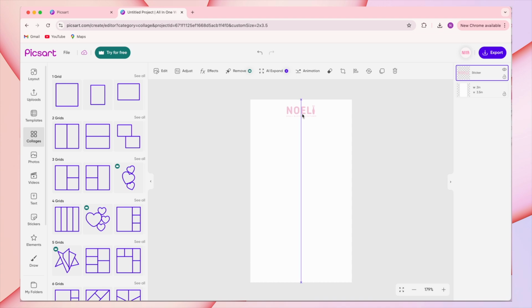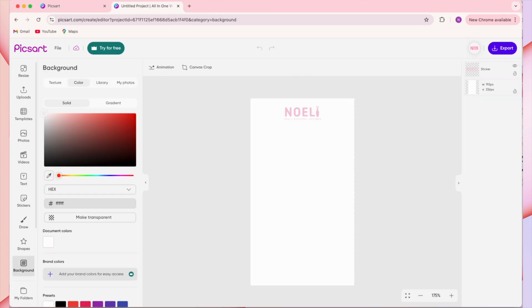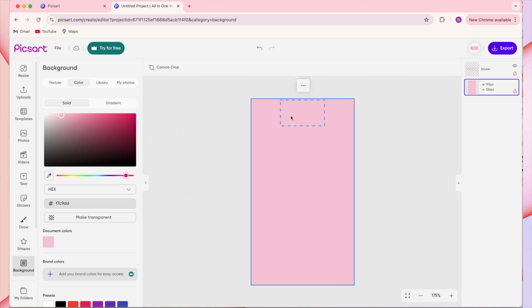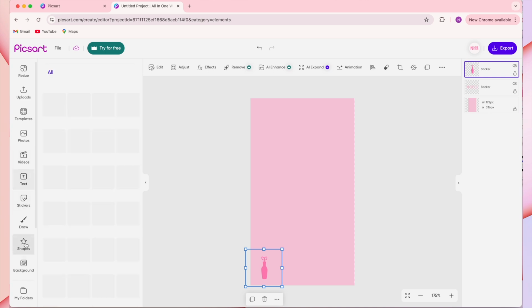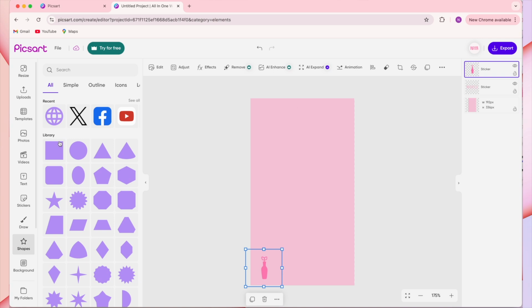And for this vertical business card, I'll be placing my logo at the top in the center. Next up, I'm going to be changing the background for this using the color picker. And this time around, instead of creating a repeating pattern, I'm just going to go ahead and insert my little sub logo or accent. But before doing anything with that, I'm going to go ahead and add a basic square to create the same effect as we did with the last business card, only this time it's going to be